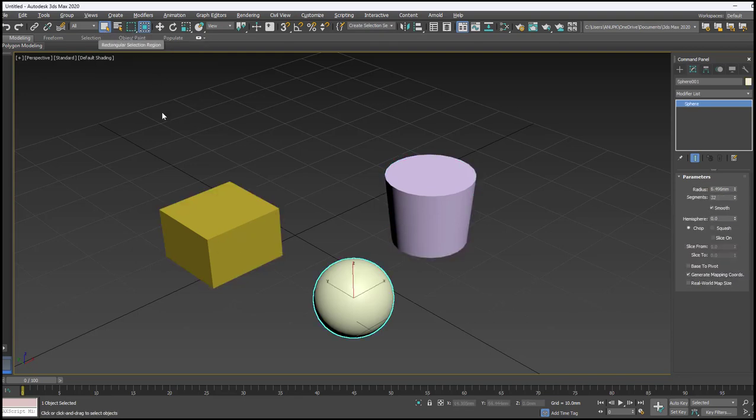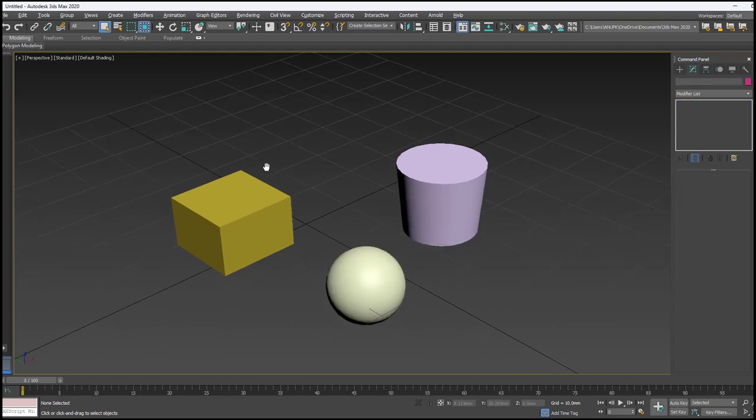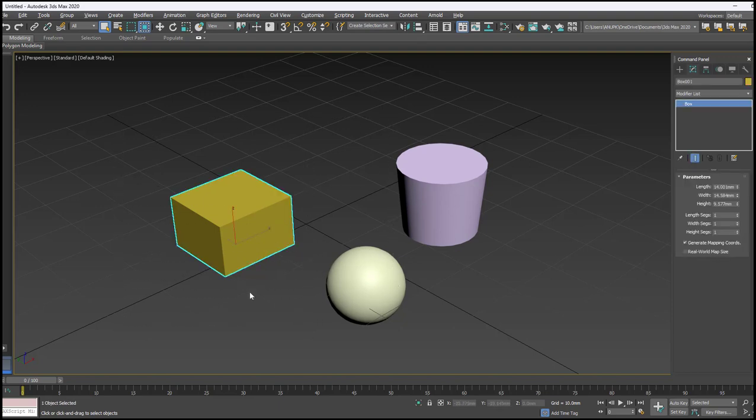Next one is rectangle selection. We have two selection methods, that is rectangle and then window selection. Rectangle is nothing but click on the left side and then hold it and drag it like this to cover the whole object. We have to cover the whole object to select it. This is how we can select by cross selection method.